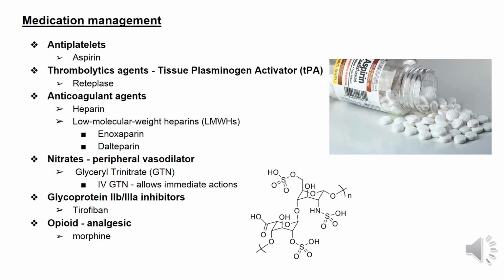Reteplase is a tissue plasminogen activator, TPA, which helps plasminogen transform to plasmin. Plasmin then degrades fibrinogen and fibrin, the key components of thrombi, breaks the fibrin meshwork and dissolves blood clots. Medications of this class have an advantage: they activate plasminogen that only exists within the clots, therefore minimizing general hemorrhagic episodes. In patients with acute MI, reteplase should be given within 6 to 12 hours after